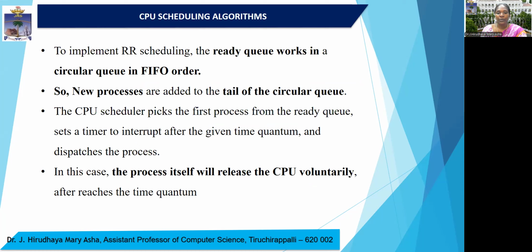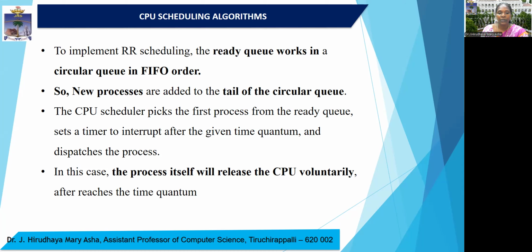New processes are added to the tail of the circular queue. Every new process will be added at the end of that circular queue, that means the tail of the circular queue. When the CPU scheduler picks the first process from the ready queue, the timer starts, and when the timer reaches its time quantum, it dispatches the process, and the next process gets the attention of the CPU. Here, the process itself will release the CPU voluntarily